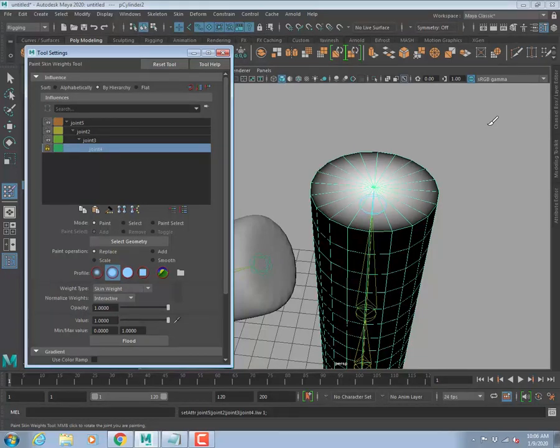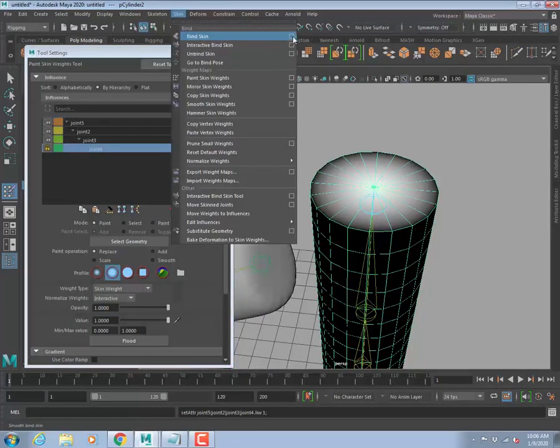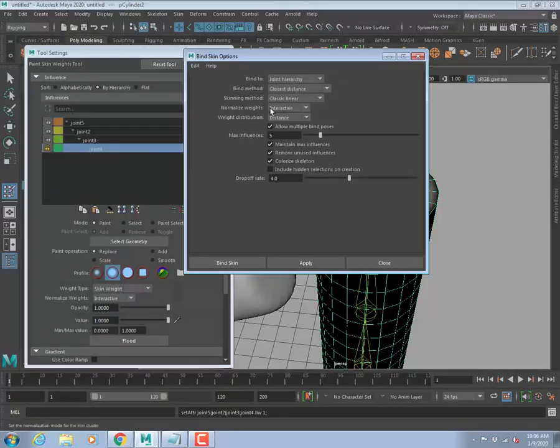You remember the post and interactive? Do you remember post and interactive? Where was it? Where was the thing? When we bind skin, right? Skin, bind skin, option box. Here, normalize weight, non-interactive, pose. So what is the difference here? If I put pose, what happens is the value can